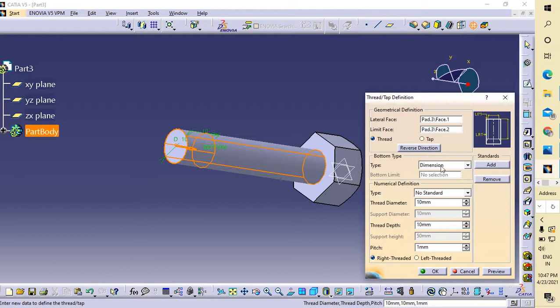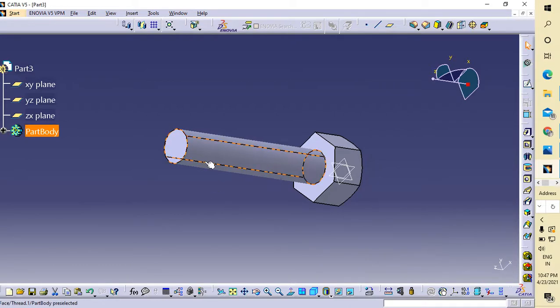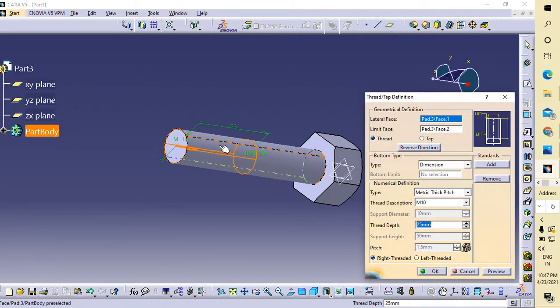And what is the dimension? Standard type metric, thick pitch. Okay, I am going with a threaded depth of 25. Okay, select. Now after clicking here you can get a 25 mm threaded M10 part.